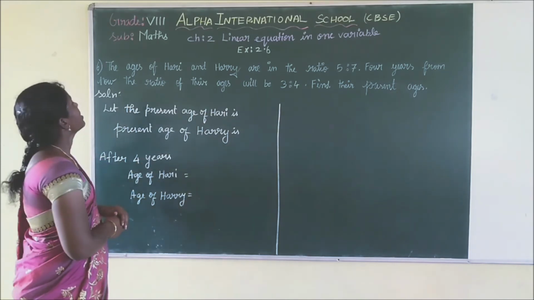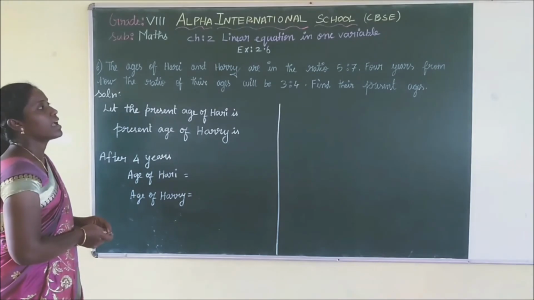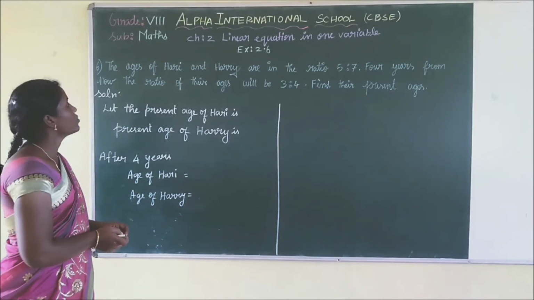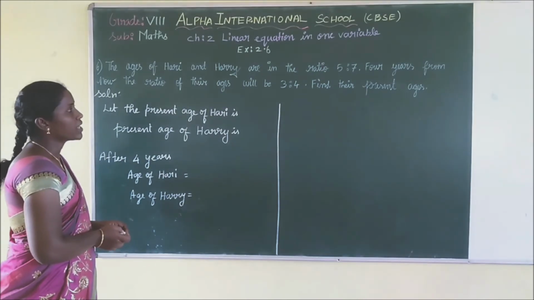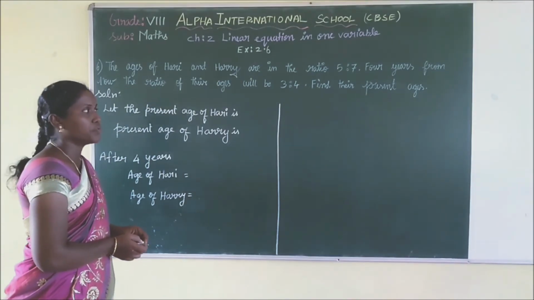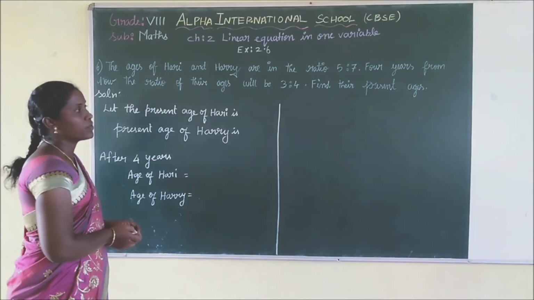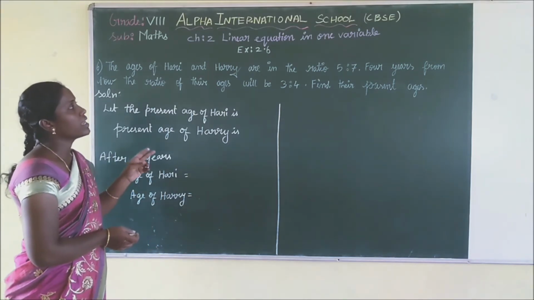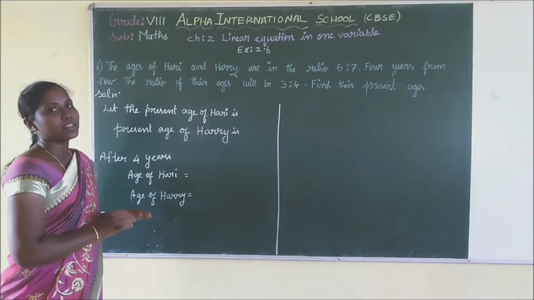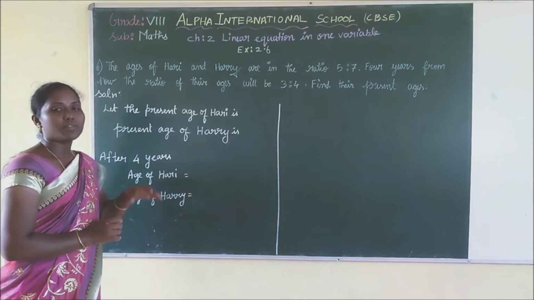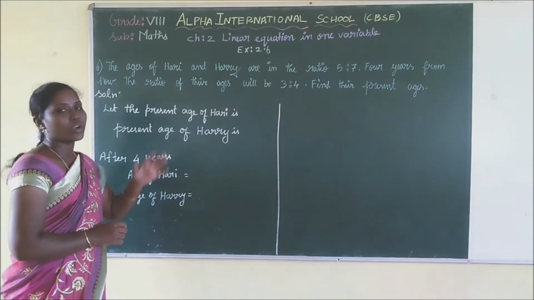See, the ages of Harry and Harry are in the ratio 5:7. 4 years from now, the ratio of their ages will be 3:4. Find their present ages. What is given in the question? The ages of Harry and Harry. Now at present their ages are in the ratio 5:7. We know that if the ages are given in a ratio